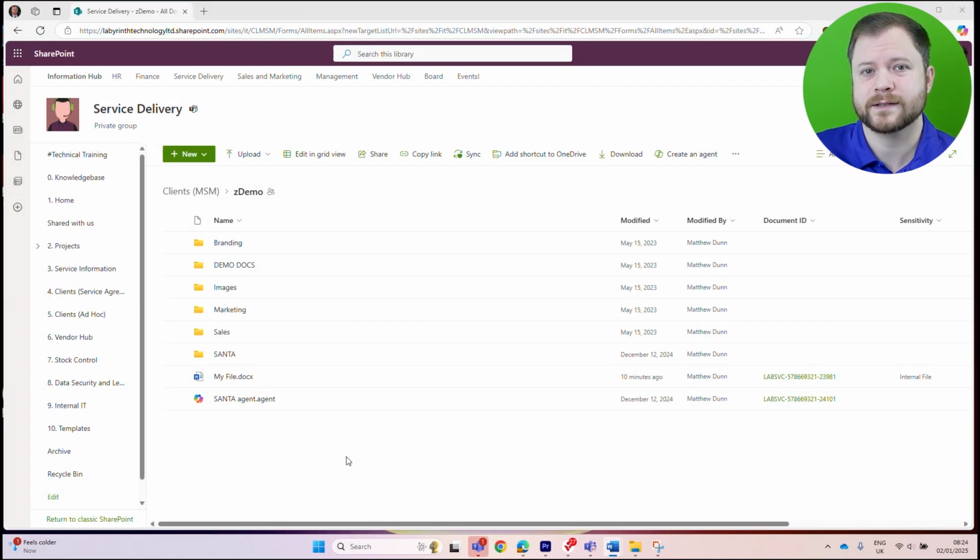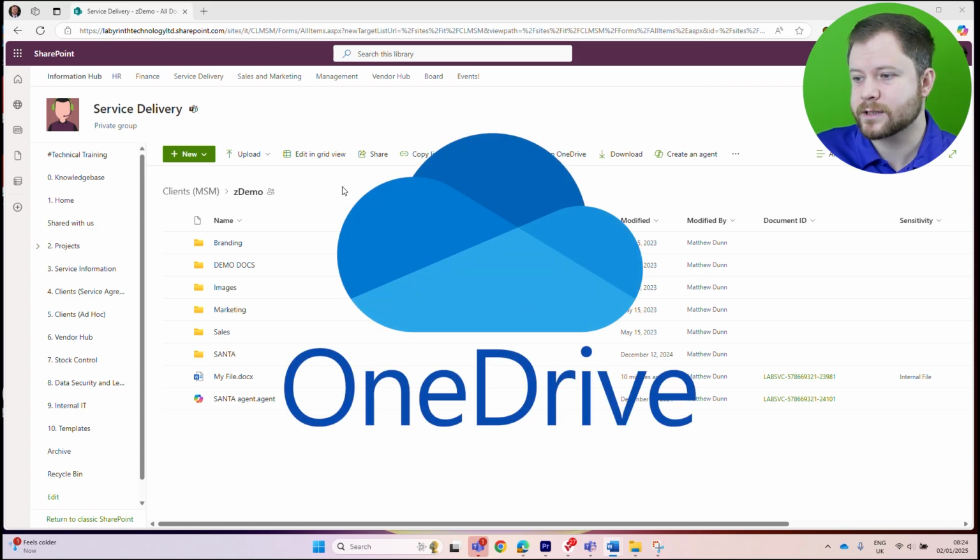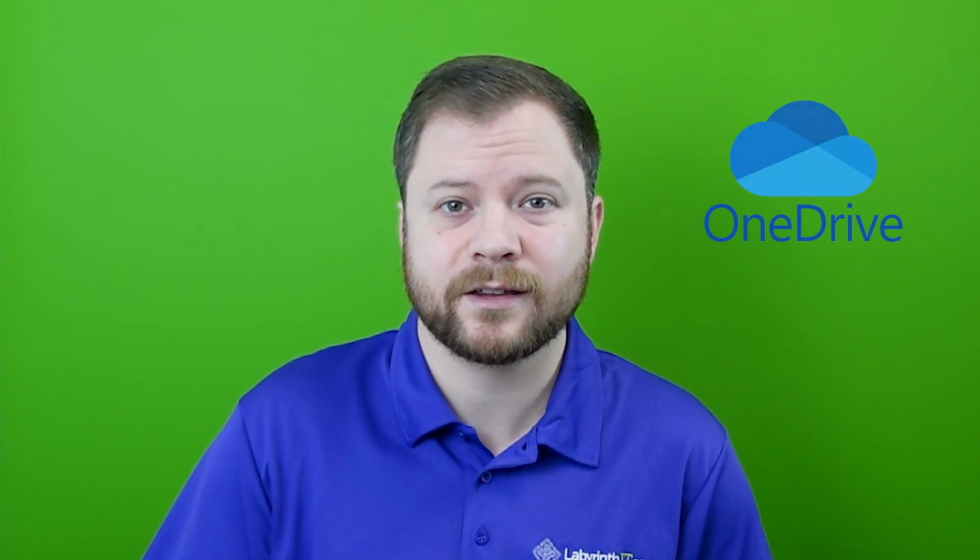And what you could do is use SharePoint as your default interface for accessing most of your documents, Word, Excel, PowerPoint, and then for any special projects that you work on, where you need to be able to edit non-standard Microsoft Office files, then maybe you want to sync that content. Now, if you just cannot get on with this new way of working using SharePoint as your primary way of accessing files, then as long as your organization allows it, you can just sync those folders using Microsoft OneDrive,